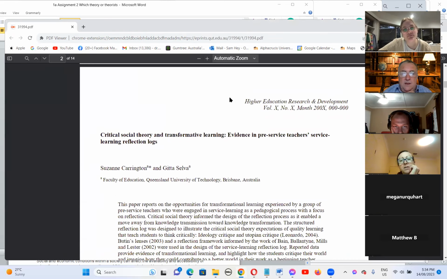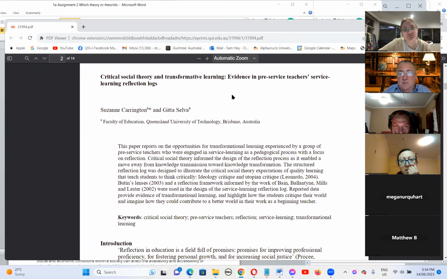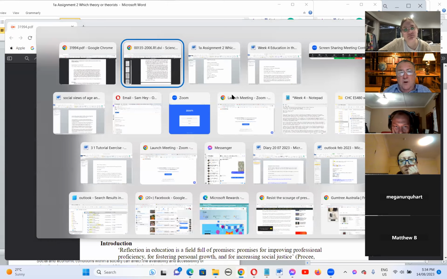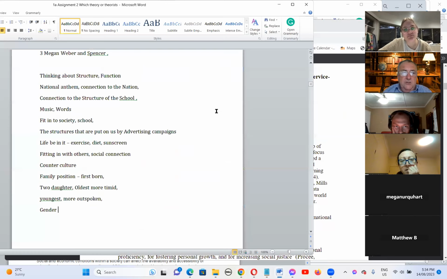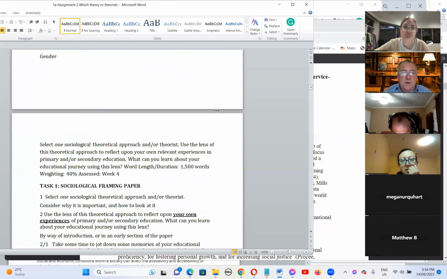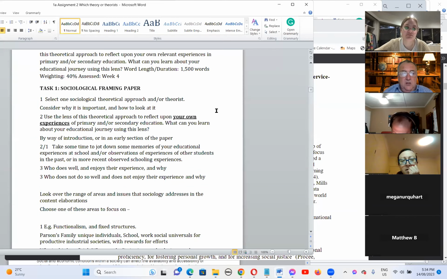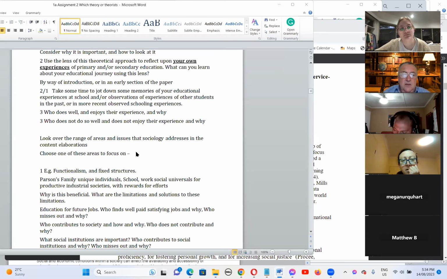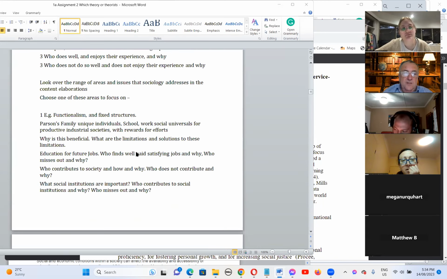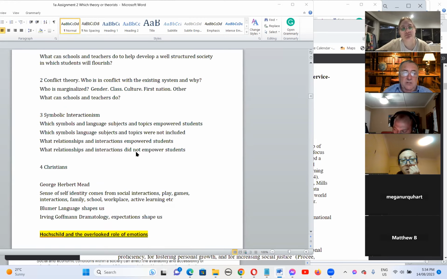And then another one, evidence in the way pre-service teachers keep a reflection log, a diary, a journal. That can help them because they reflect on their own lives. They reflect on what they observe of students. So all of that can be part of your task 1 assignment paper. That can be quite useful as you want to include some of that. And the secret is to relate these reflections on real life, in your own life and in the schools you observe, to the theories that you get.